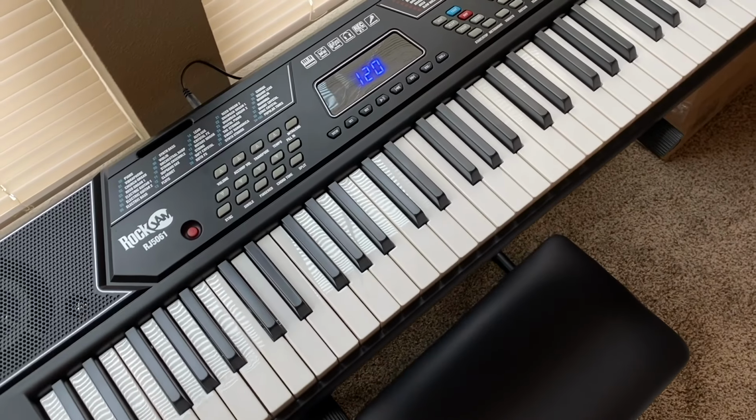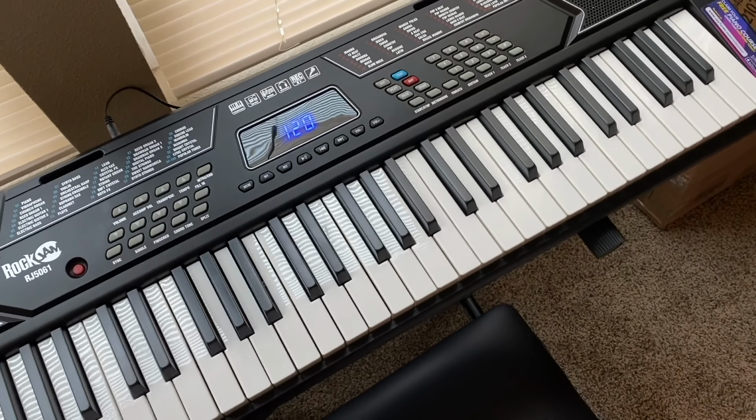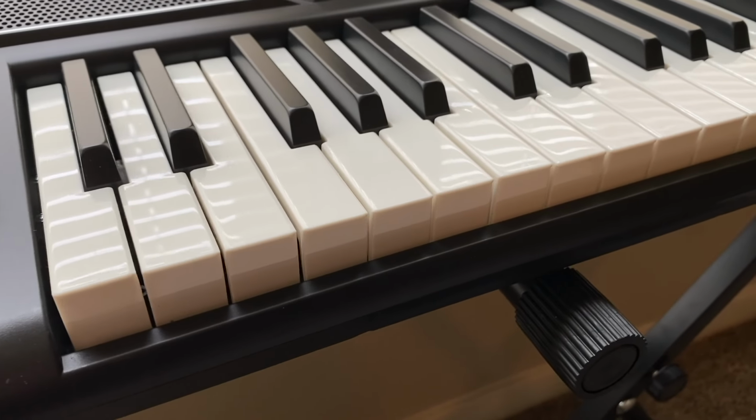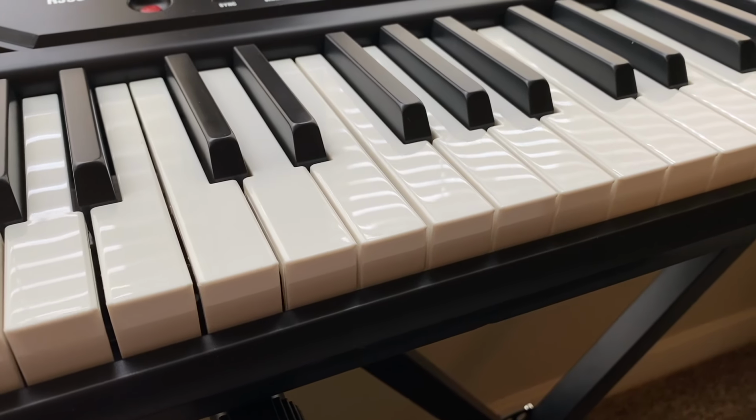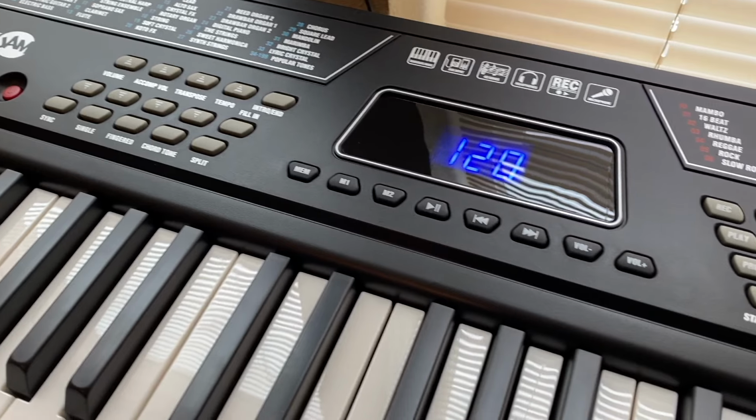All right, let's jump in. Today we're looking at the RockJam 61 key keyboard piano. In today's video, I want to talk a little bit about this keyboard piano and also help you know what you can expect when using it. And at the end of this video, I'm going to give you a tip to help you get the most